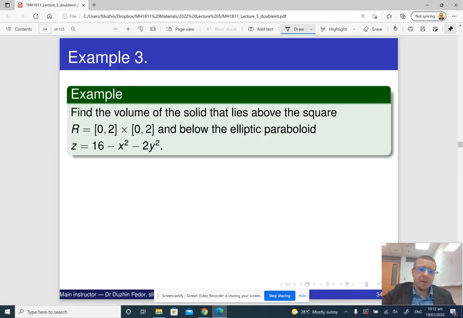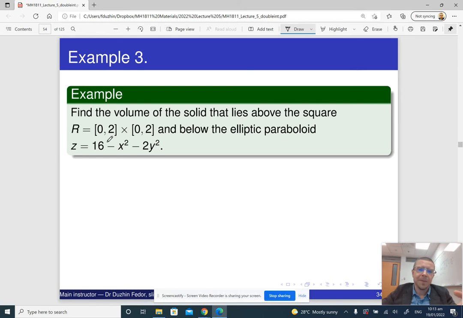Okay, find the volume of the solid that lies above the square and below the elliptic paraboloid, whatever that means. You don't really have to know what this means, elliptic paraboloid. I guess you can figure out the possible largest values of x and y. I mean, we are subtracting x squared and y squared, x and y are positive, so in order to minimize